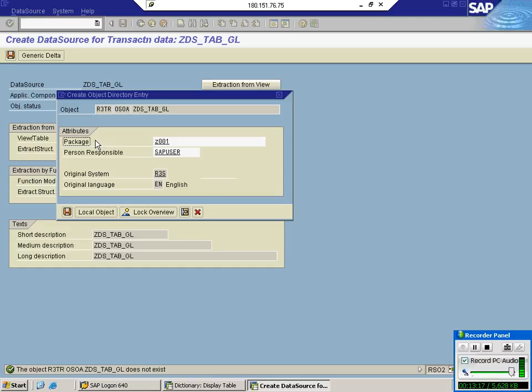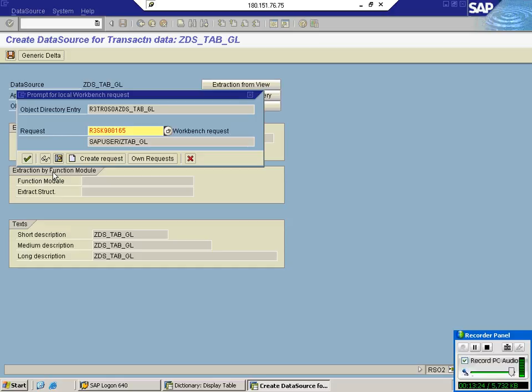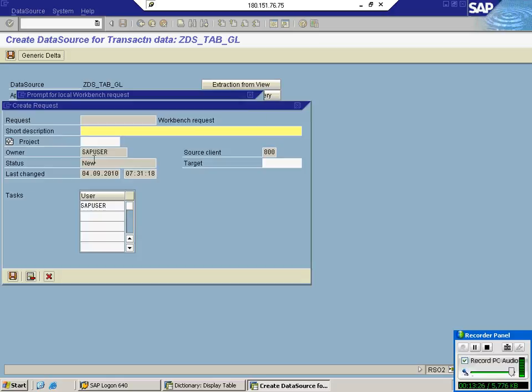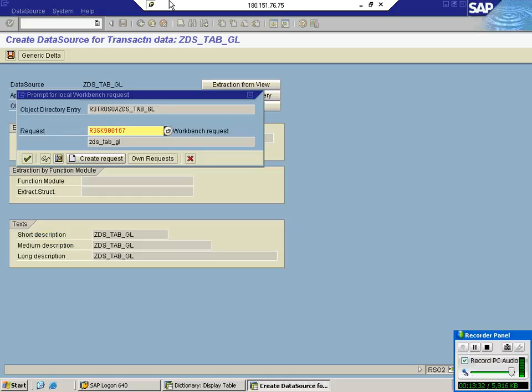Package, I told you package and request numbers, they are used for transportation. Save it. Create a request. Save it. Continue.